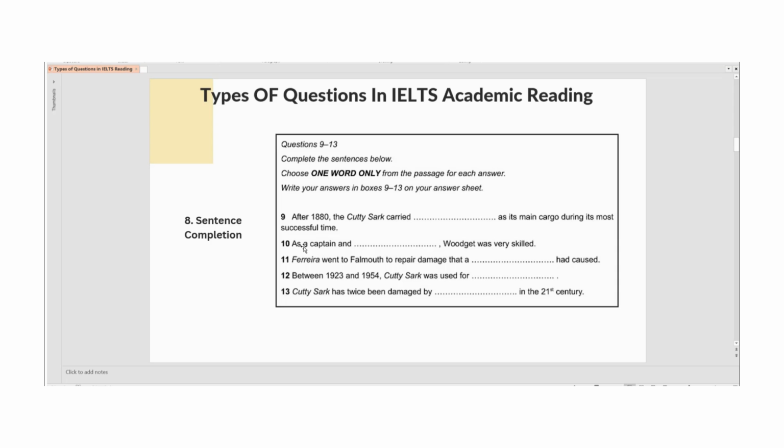As the questions are in order, the answers will also be in order. So if you have found the answer to question number 9 in the passage, the answer to question number 10 would likely be below that answer in the passage. Okay, got my point? So moving forward